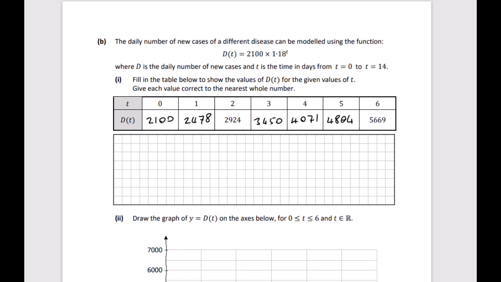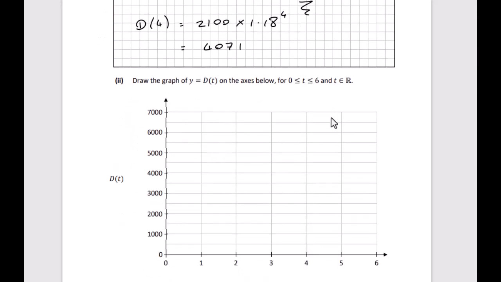Okay, so I filled out these numbers here. If I do one example here, it's just a case really of putting the t into the formula. So if we want, for example, day 4, we would do d of 4. That's 2100 times 1.8 to the power of 4, and that'll give you 4071, which is what I got here. Okay, so that's it. The next part, let's see, we have to draw the graph